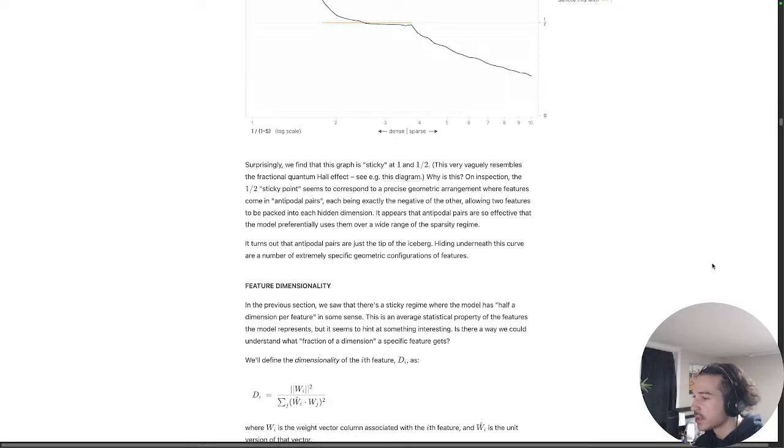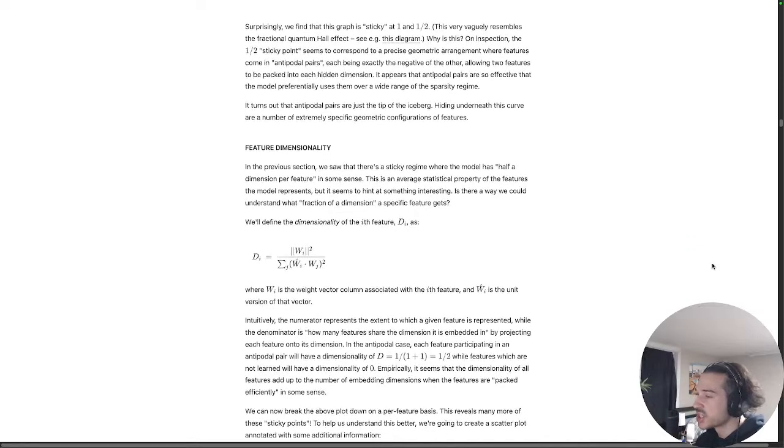Feature dimensionality. In the previous section, we saw that there is a sticky regime where the model has half a dimension per feature in some sense. This is an average statistical property of the features the model represents, but it seems to hint at something interesting. Is there a way we could understand what fraction of a dimension a specific feature gets? We'll define the dimensionality of the ith feature, d sub i, as d sub i equals the norm squared of w sub i over the sum for all j of (w hat i times w sub j) squared,